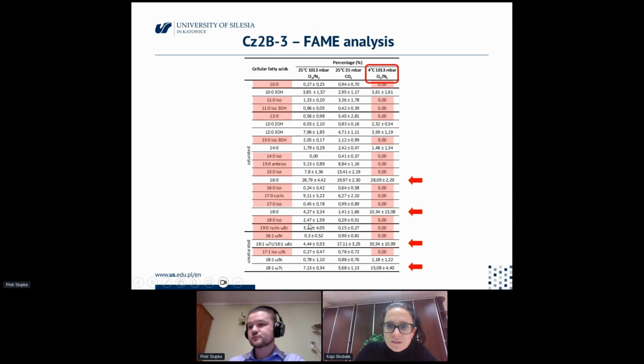Also kind of surprising was that the two types of fatty acids significantly increased for this particular strain. So the conclusions we draw so far are that temperature seems to be the major factor influencing growth. 38% of the strains that we tested were able to grow in these conditions, and it seems that gram